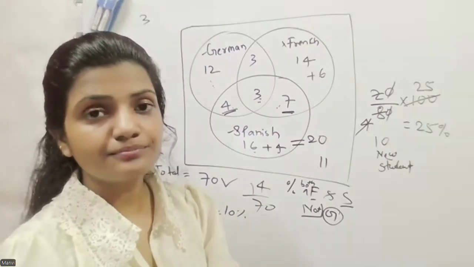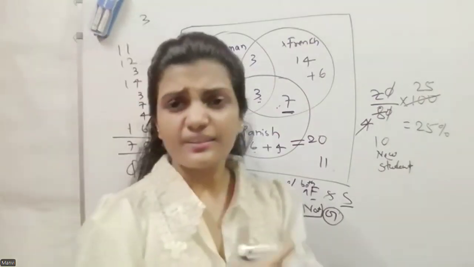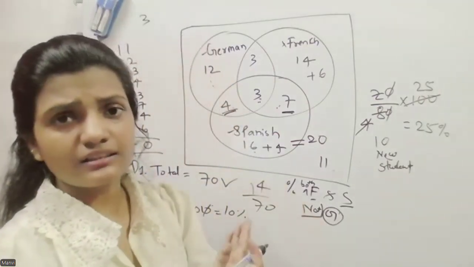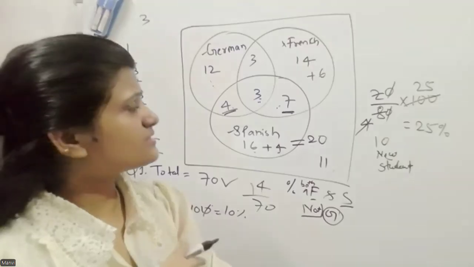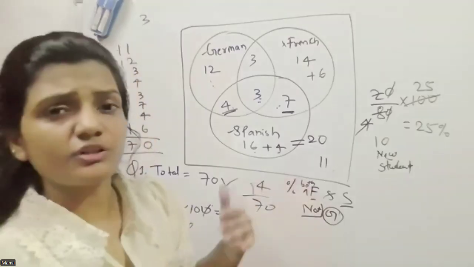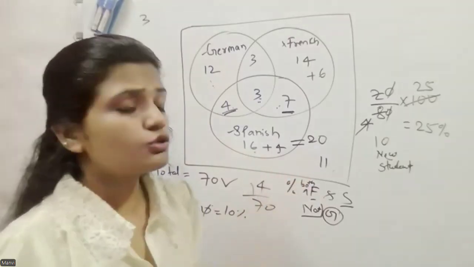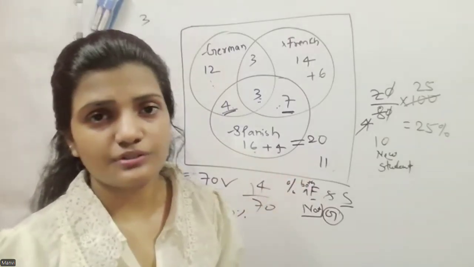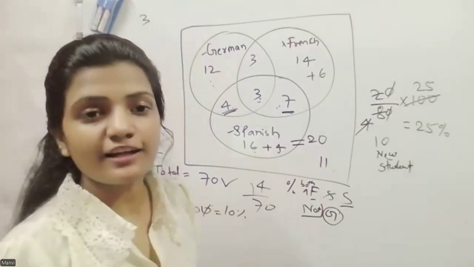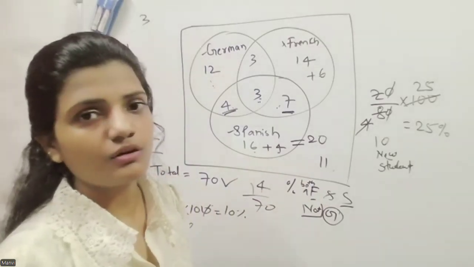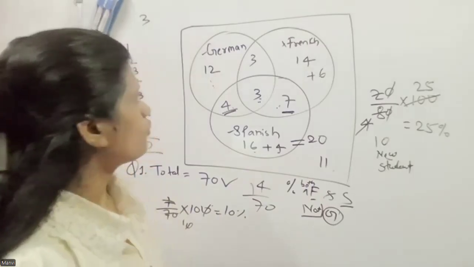Okay, Kavya? So we need to be careful. This is a very easy thing, but children get confused when they see 10 new join, this join there, that join there. So don't get confused in this kind of question. Very well. In Venn diagrams, you are doing really well. You understand all those concepts.